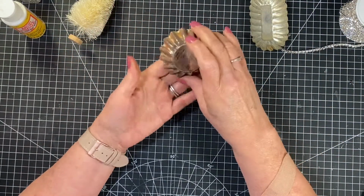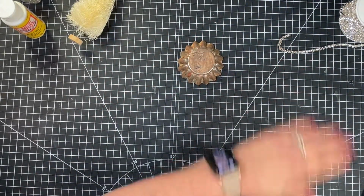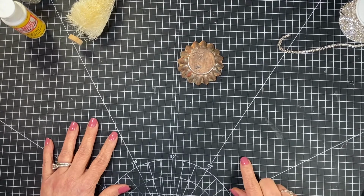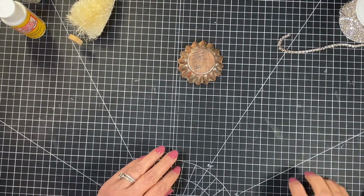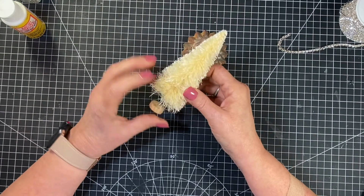I'm going to do this one for this tree, the one that I faux rusted, just in case some of you don't want to do the rust thing. But it's super easy and it's inexpensive. So, I'll link that video on there so that you can see how to do it. Okay, so the first thing I'm going to do with this is I am going to prepare